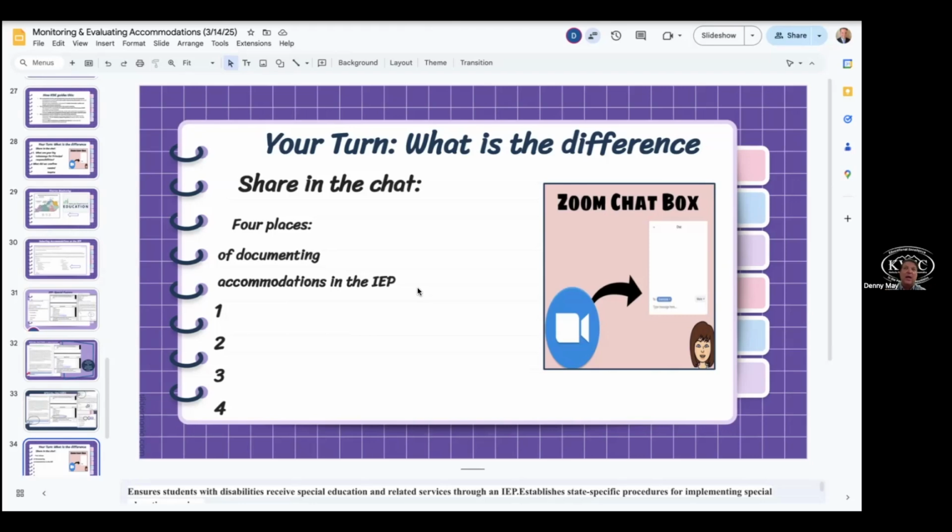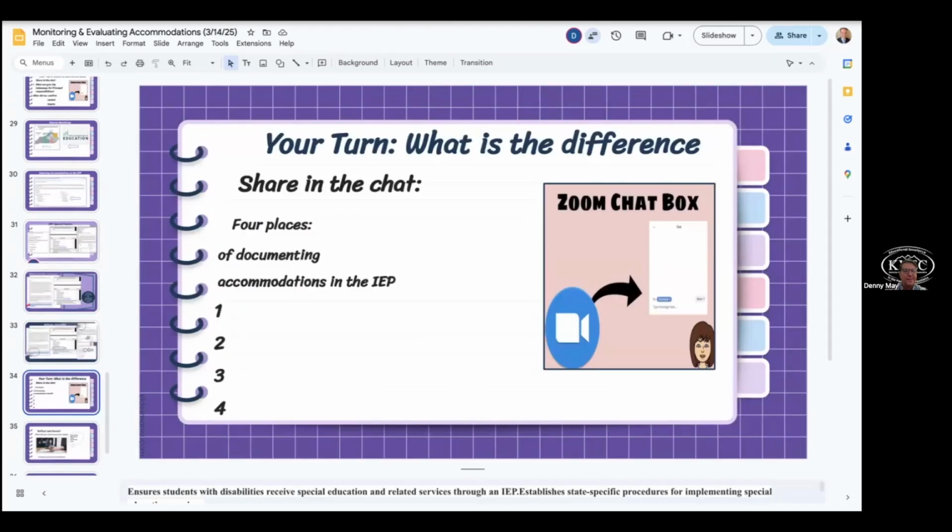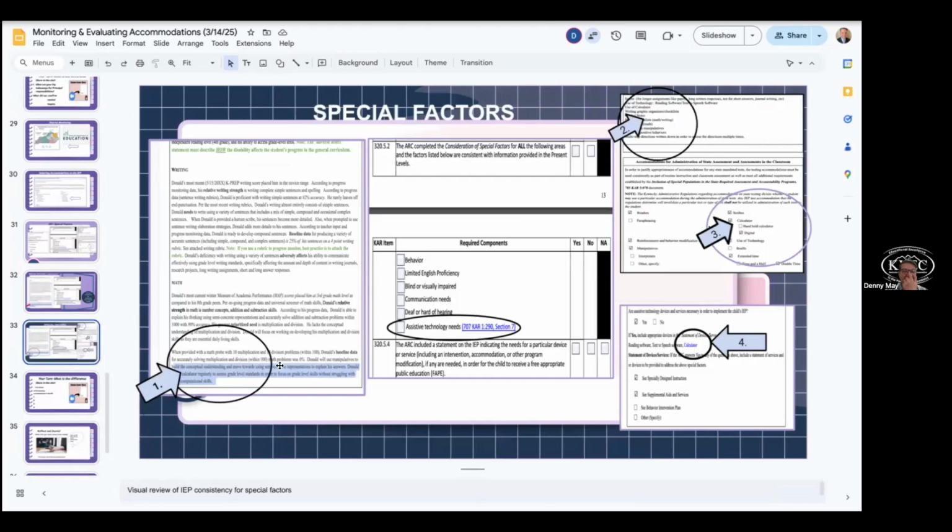Okay. So we talked about 4 things yesterday. Can you remember what those 4 things are without your notes? And so we think that's super, super important, and especially it's super important for our students that have disabilities. And so let's move on here. The 4 places were present level, and then also supplementary aids and services, and then the state allowed box, and then we're also documenting in special factors. So super important that we get it in all 4 places.